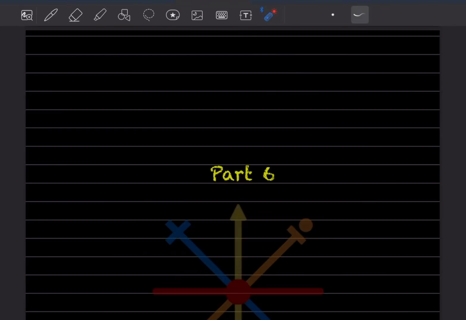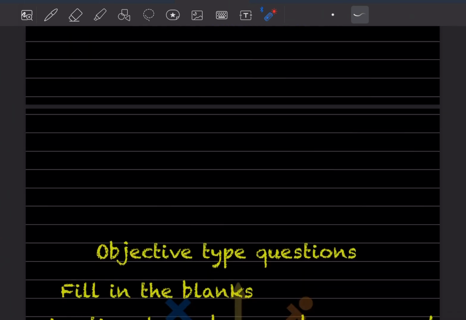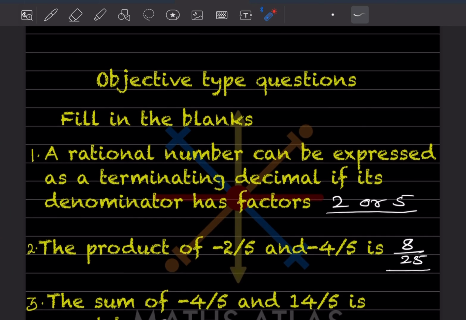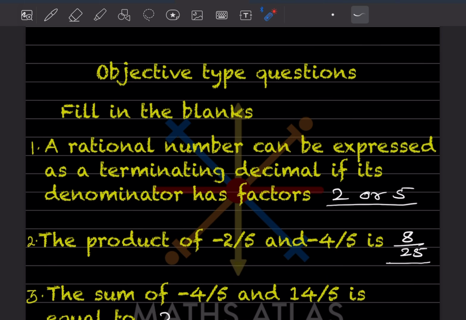So today we'll see part 6, and that we'll see objective type questions. So, the fill in the blanks. Here they have asked: a rational number can be expressed as a terminating decimal if its denominator has factors. So here you should know the rule. A rational number, that is how can you write a rational number, should be in the form P by Q